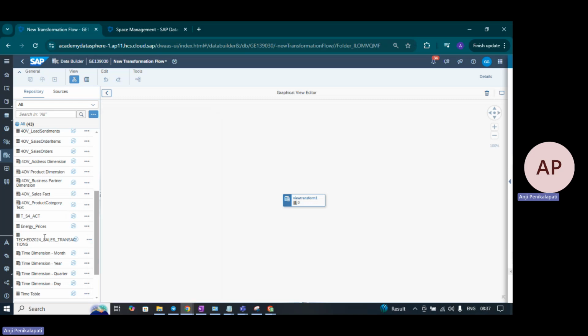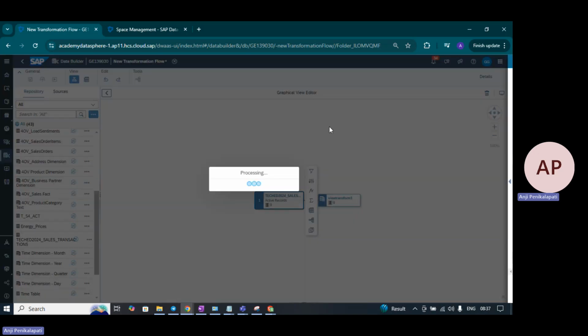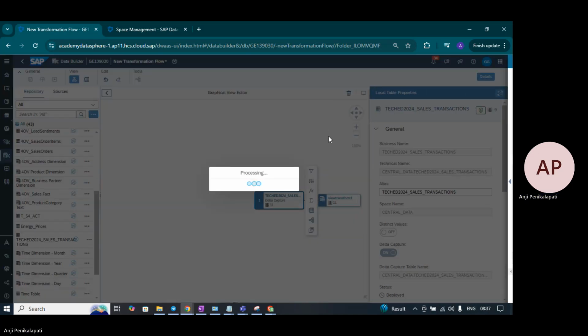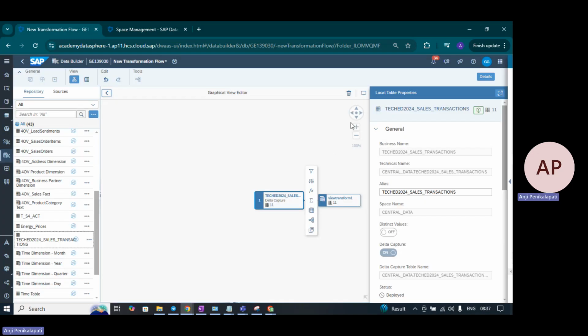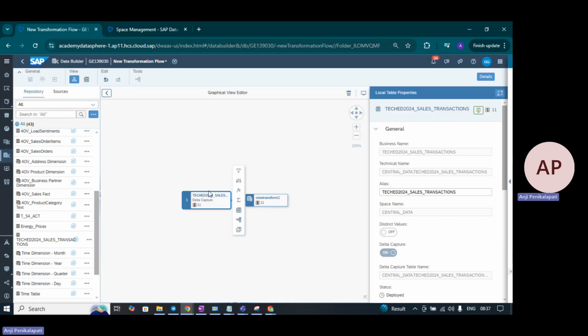We utilize this table, which is delta enabled, in our flow in the graphical view. So let's drag this onto the view transformation. Remember, we are in the graphical view editor. Okay, let's bring that to center. And before that, I want you to see here